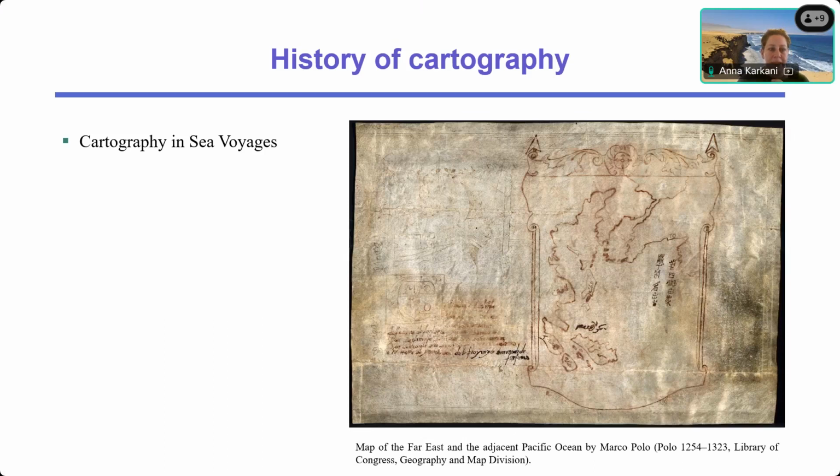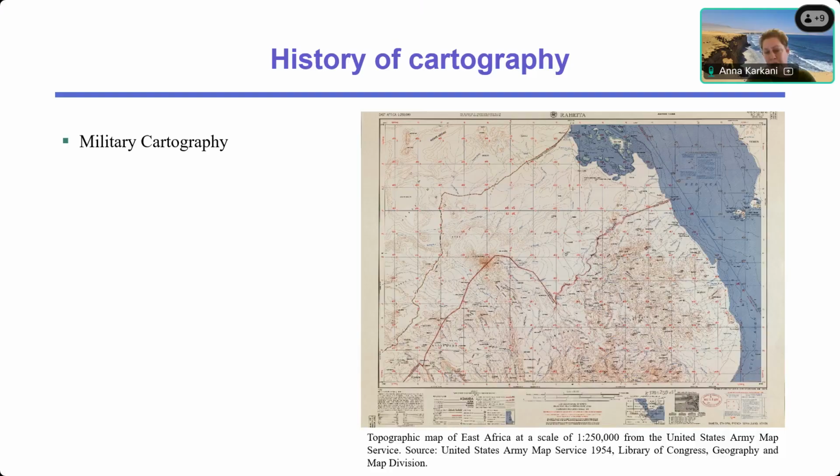So you see different examples. This is from somewhere around the 1200s, 1300s. We can see different maps, and as sea voyages continued, they started drawing more and more maps. And of course, after some time, going closer to where we are now, a significant advance in cartography was the